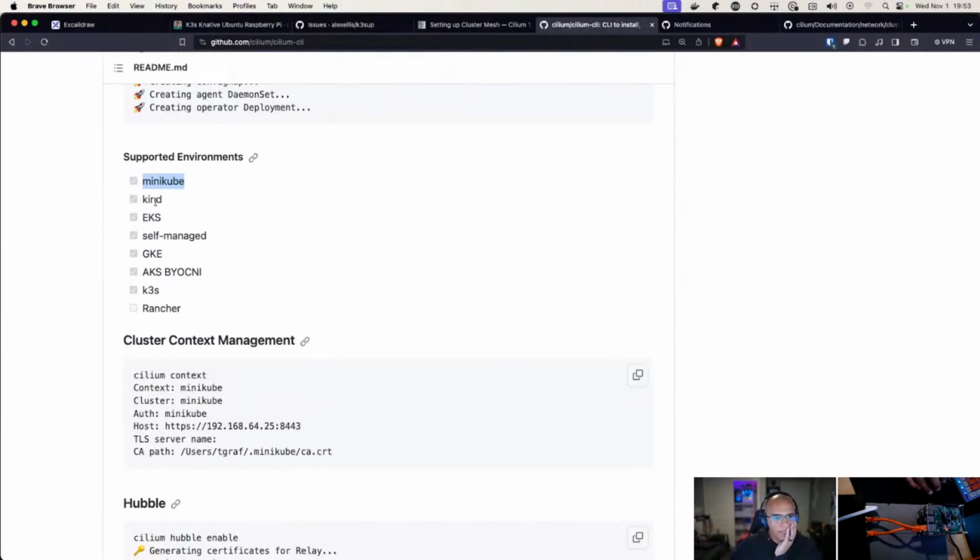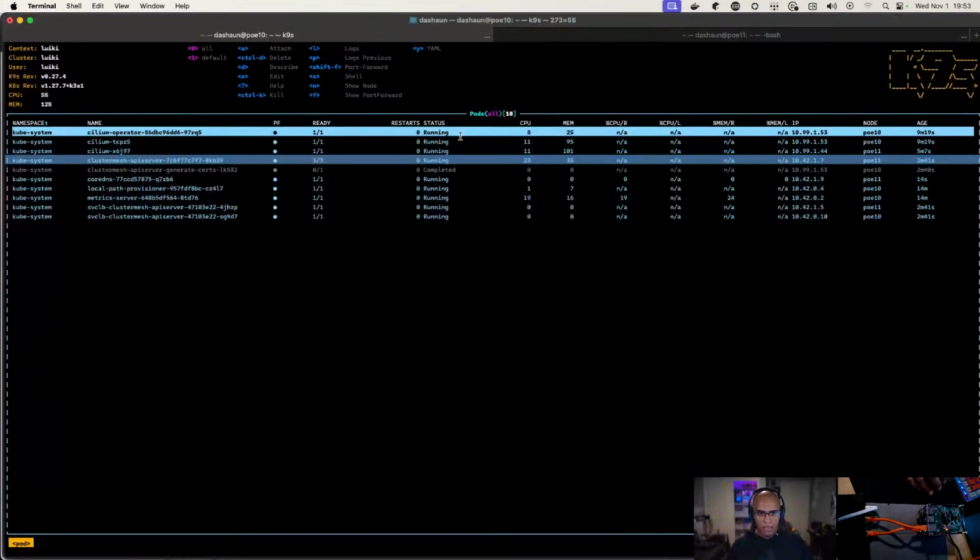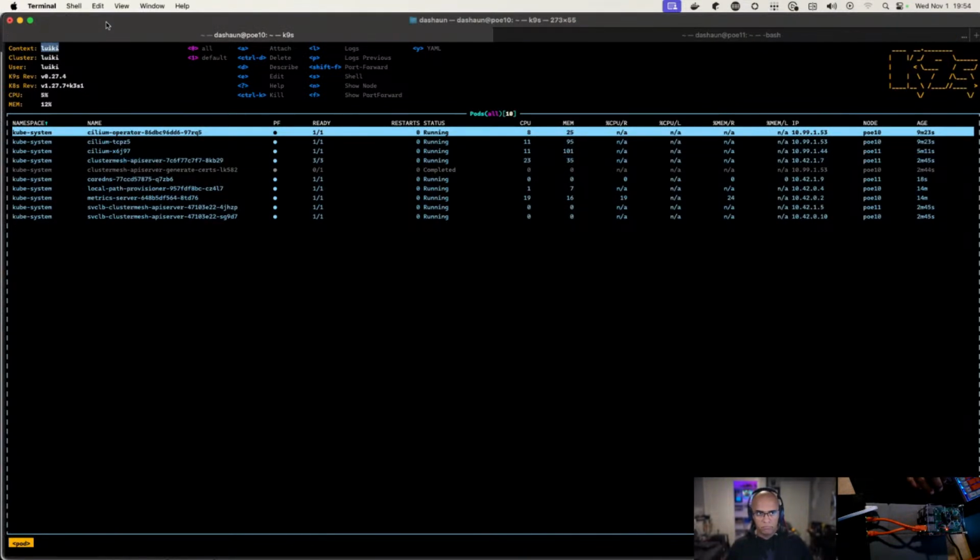See, I have MicroK8s. This says supported environments. That doesn't mean these are the only places, right? Because self-managed, that's MicroK8s, right? So how about we just try this? Bear with me. This is Luki. Let's try connecting Luki